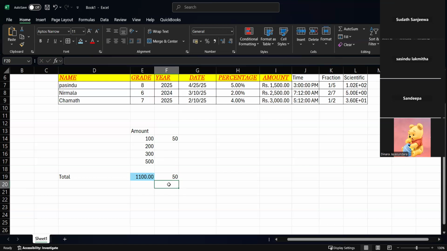Right? So likewise, I can do division, or I can divide. Let's say I will divide 100 from 50, and I want to put this result to this place. I use the equal sign, select 100, use the backslash,